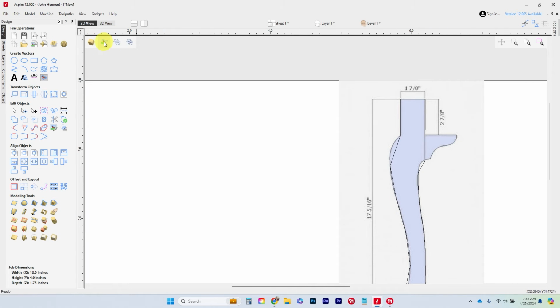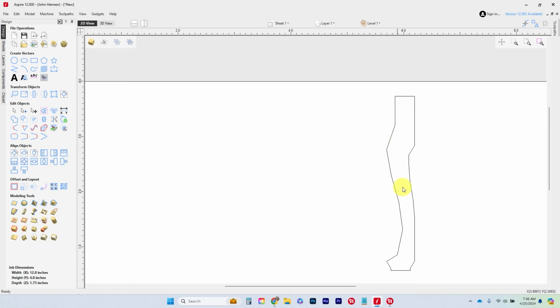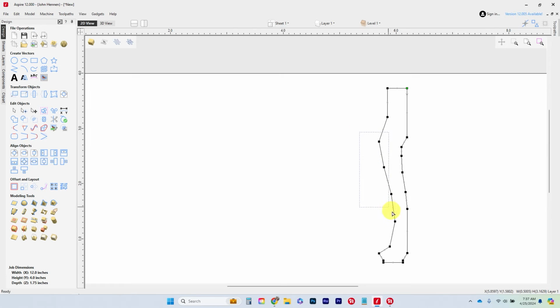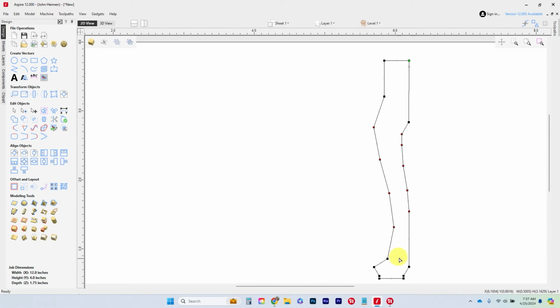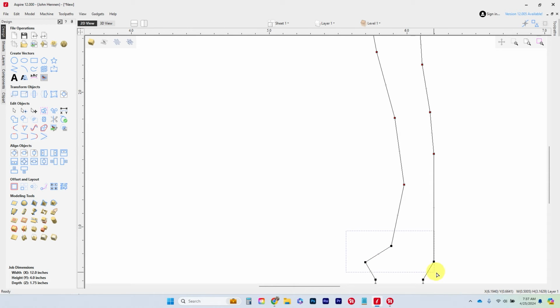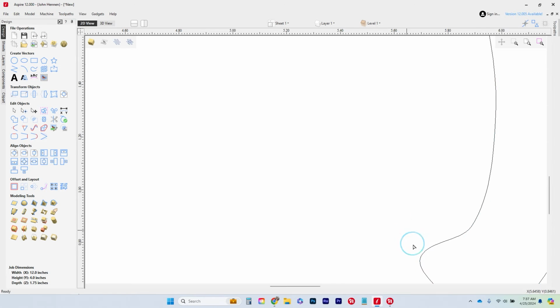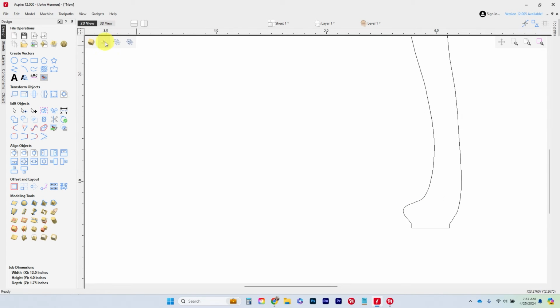Now, nice new feature. Click on this. Let's make that disappear for a moment. Select this guy. Go to our node mode. And I'm going to take all of these. Okay, and I'm going to grab these ones. And I'm going to grab these ones. And I'm going to just hit S to smooth. Okay, smooth my point. And I come back here, turn it back on, and I'm just going to fix little things,